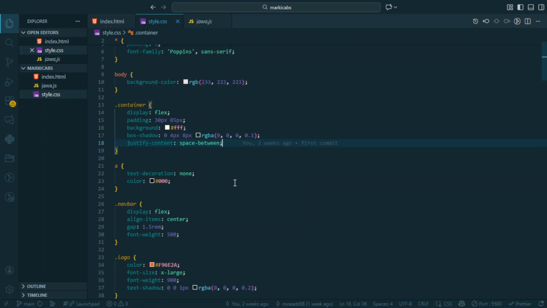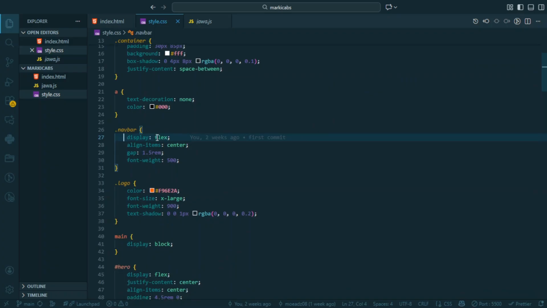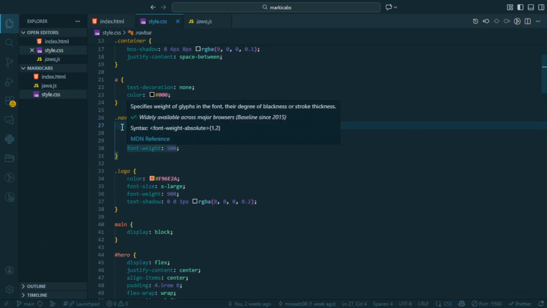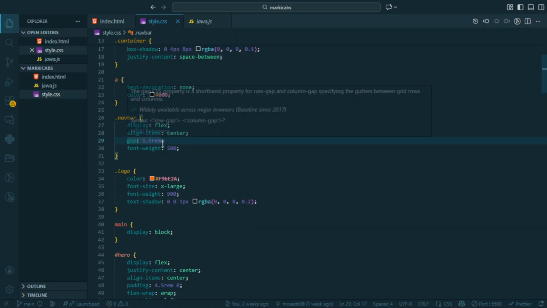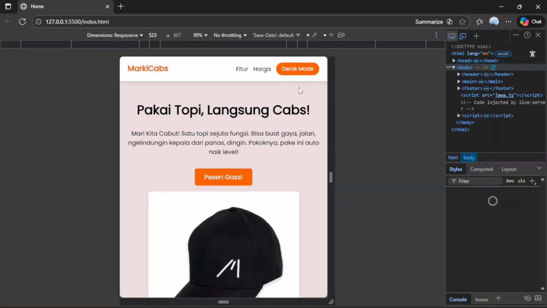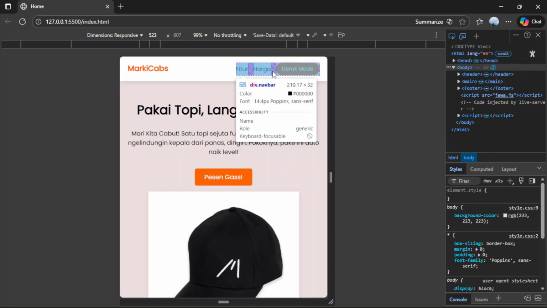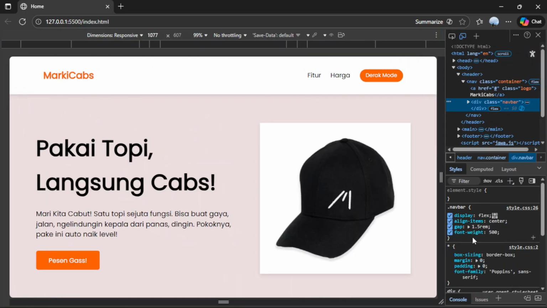And then also in the navbar, I use this Flexbox again. Why do I use it? It's Flexbox again, and then gap, for giving a gap between every button like this. As you can see, it's 1.5 rem.